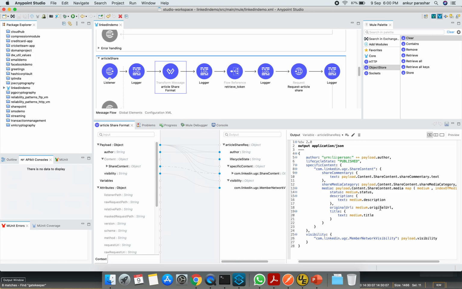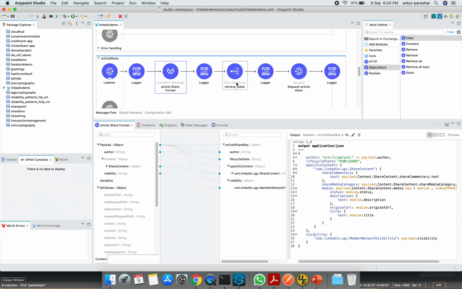Original URL could be your YouTube or blog URL, or whatever it can be. Text is basically any free text, you can put anything as per your requirement, and similarly the commentary text as well. Visibility is again public or connections.